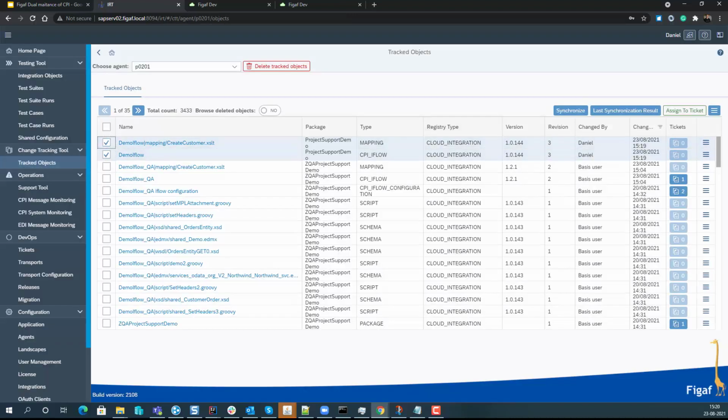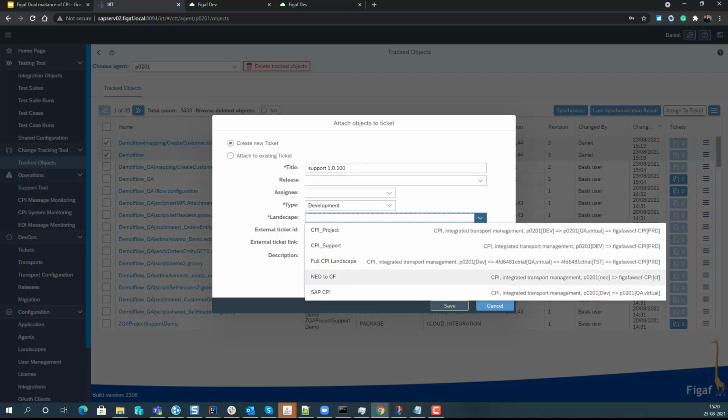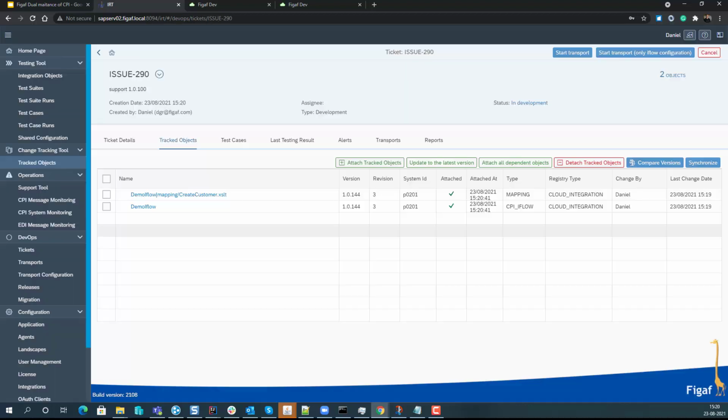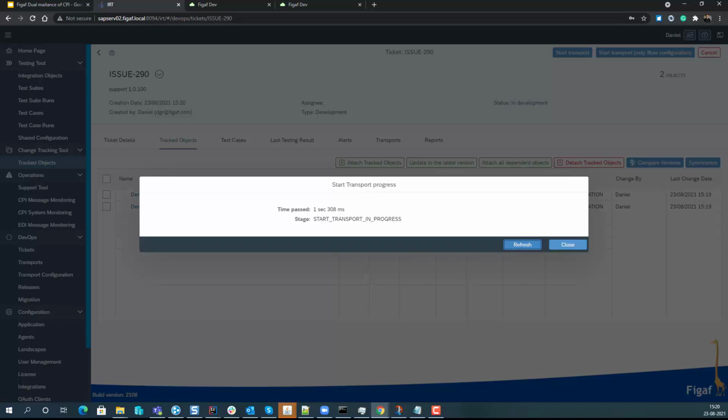So we can then go here, and we can assign it to a ticket 100. We can define it, and we will be using the support landscape, and this is just dev to support. We will start the transport. Obviously we would normally be testing this,